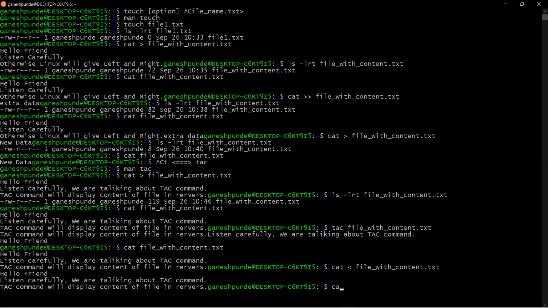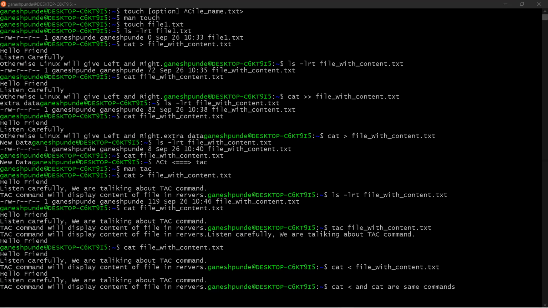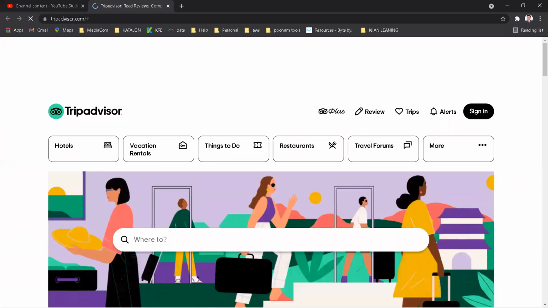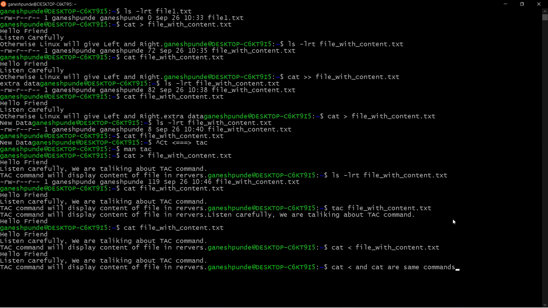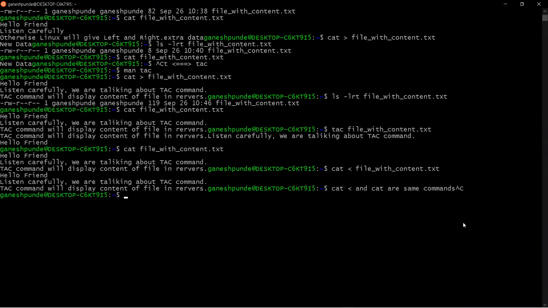So it means cat with less than and simple cat are the same commands. Both will produce the same output.